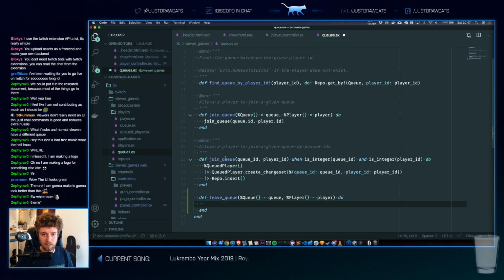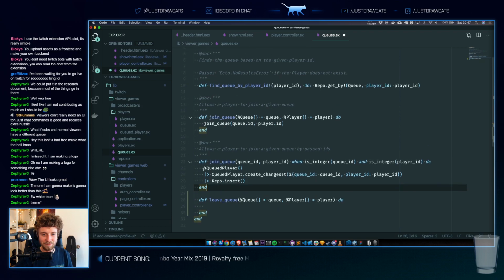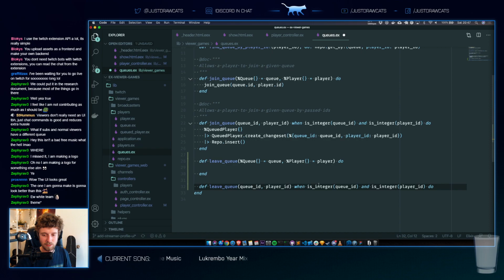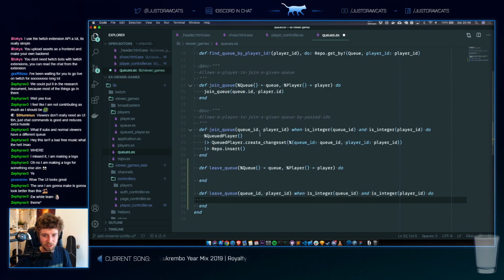And then we're gonna create another one with just the IDs, just like this one, because then it's easier. Okay, this one should do queue.